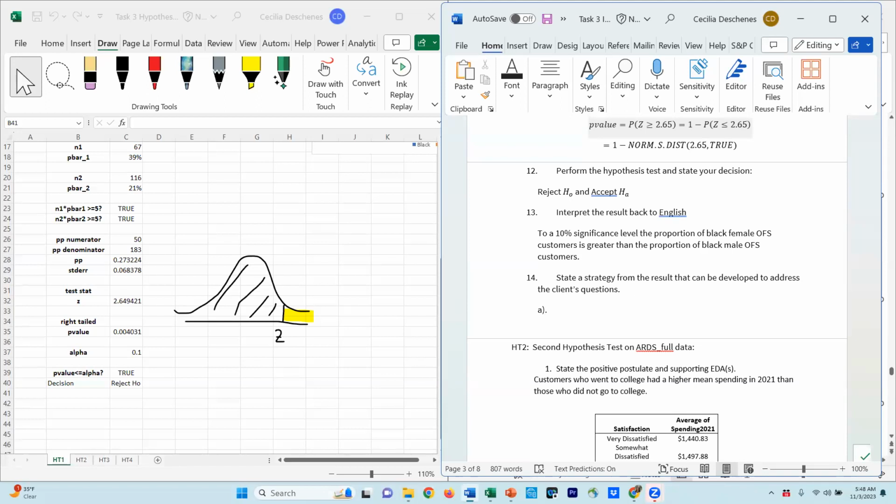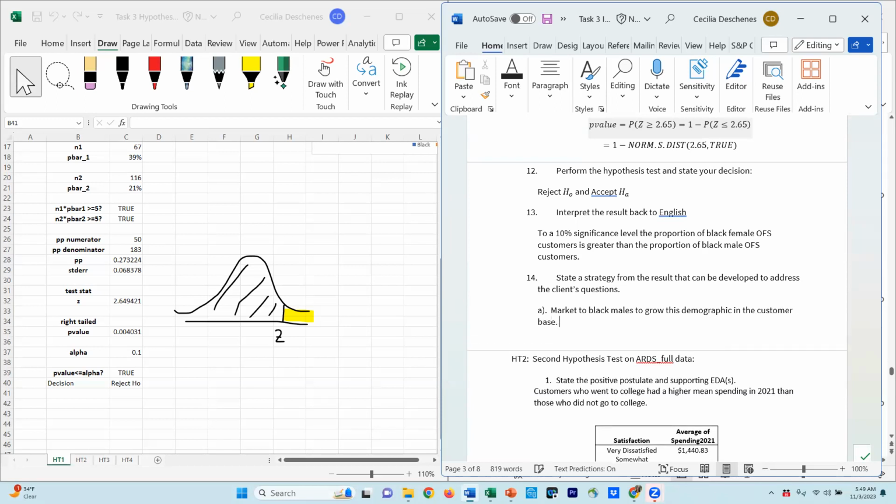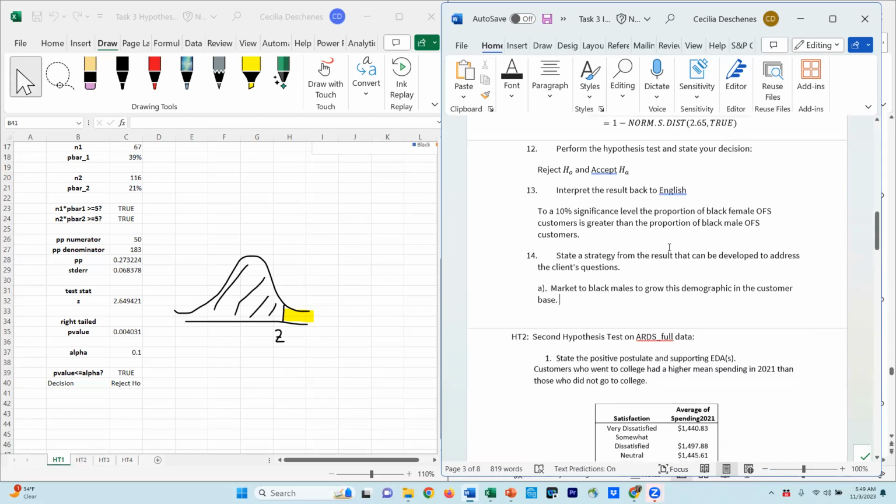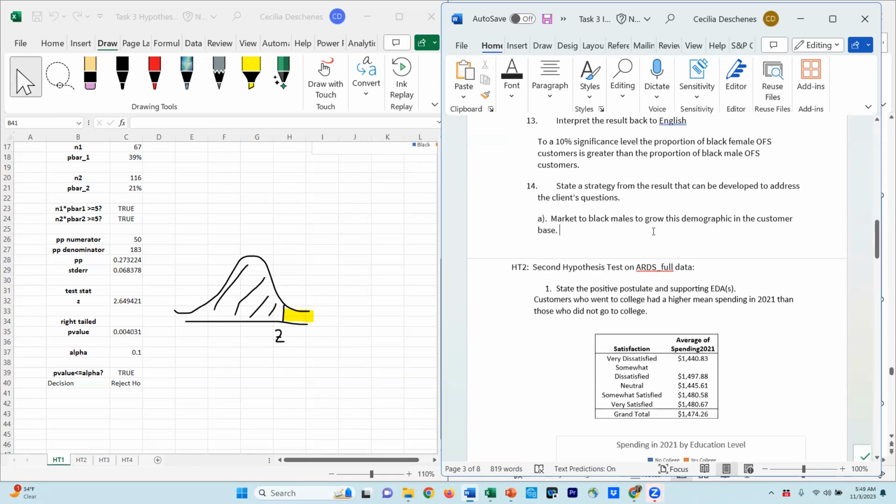So I'm just going to say develop market to Black male customers, potential Black males, to grow this demographic in the customer base. Okay, so that's just one approach. All right, for the next one, we have